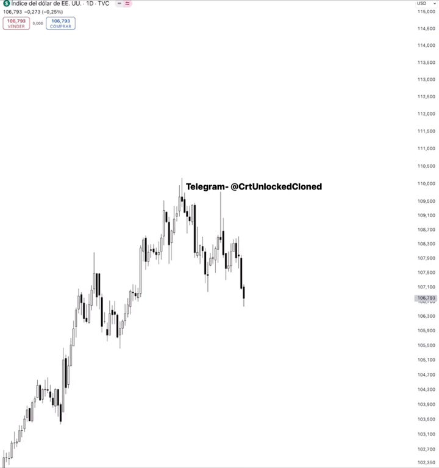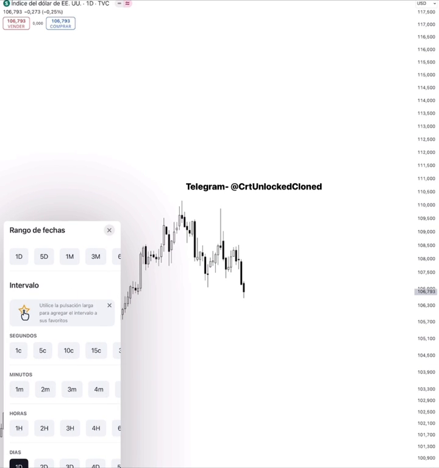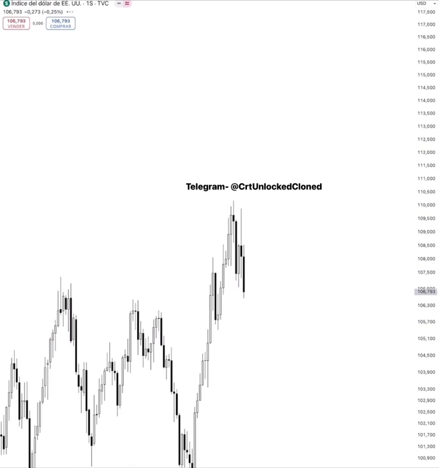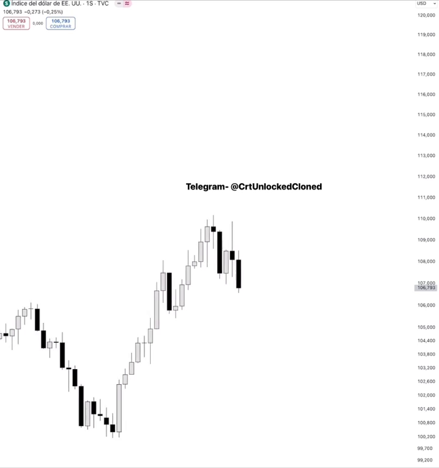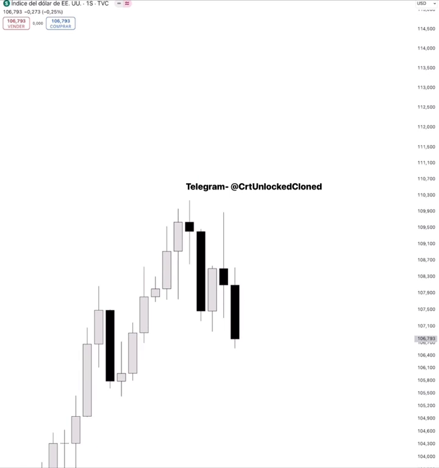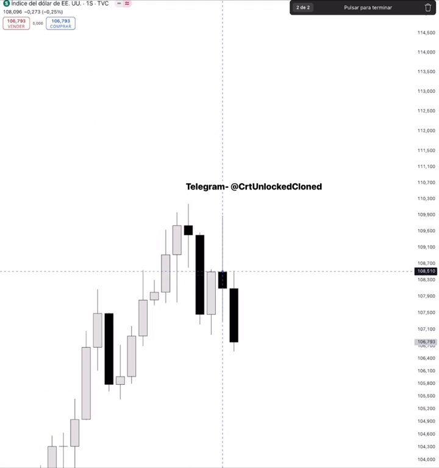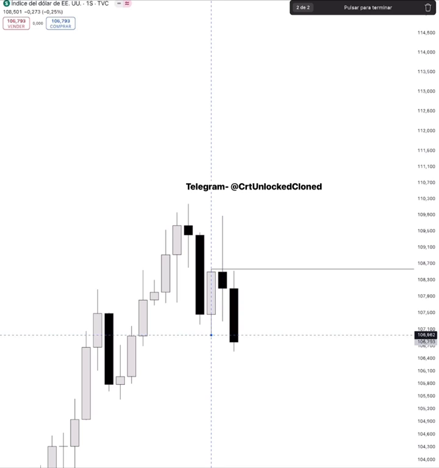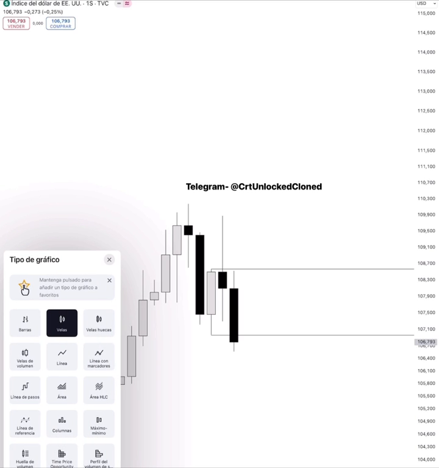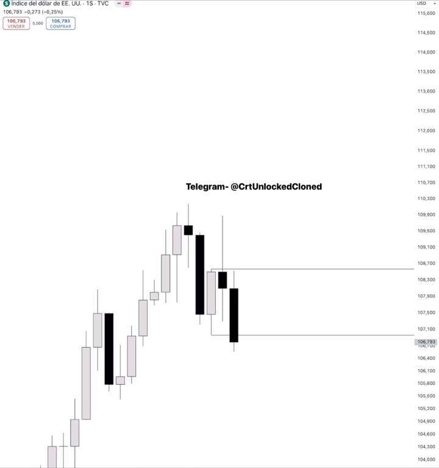We have here the DXY, and the dollar index aided in providing us with a direction for the EU trade you saw me take. Alright? So last week they closed the candle